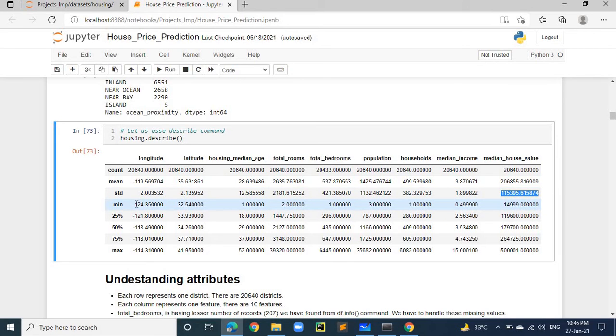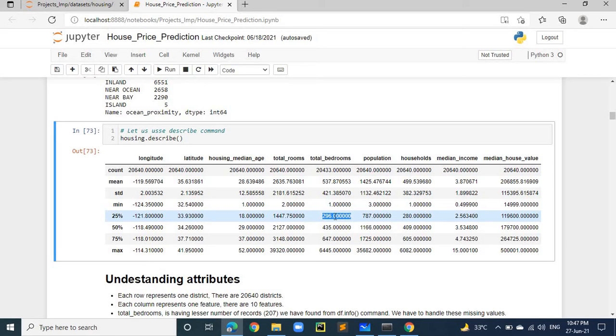Min is the minimum value of that attribute, and max is the maximum value. For the 25th percentile, if you say total bedrooms 297, that means 25% of records have a value less than 297.